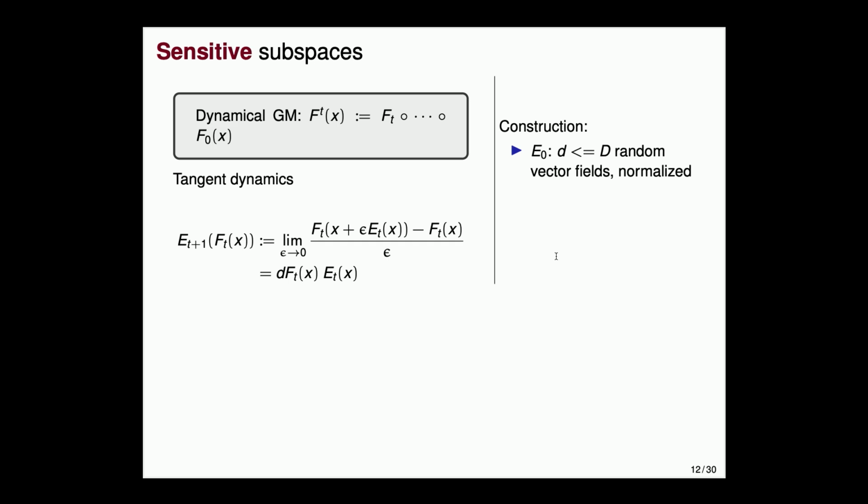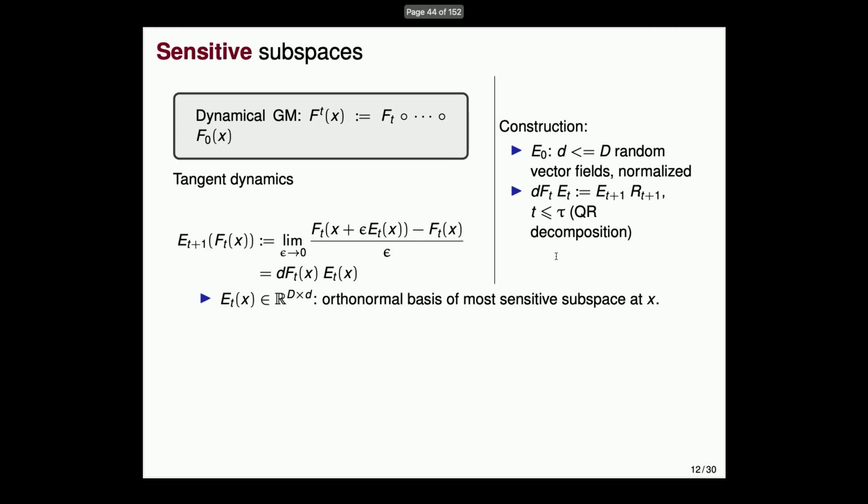Now let's define these Et's just constructively as the dynamics under the Jacobian map of the generative model. Okay. So this is the Jacobian map of the generative model. I'm taking some random orthonormal matrix E0 and then propagating this. And then to always keep it orthonormal, let us do a QR decomposition.